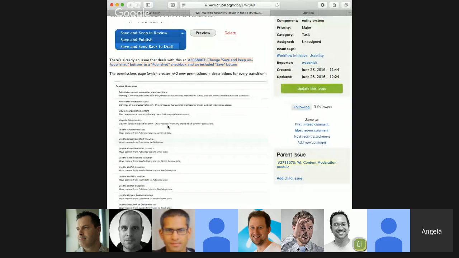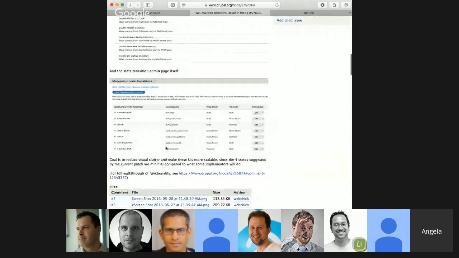So a state transition would be moving from draft to needs review, from needs review to draft, from draft to published, from published to archived. Basically, for every state you introduce, you need to define a transition from all of the other states to that state, or from that state to all the other states. So the more states you add, the more it becomes a compounding horrible matrix of death, because you're just going to keep getting more and more and more of these permissions, more and more rows in this table, and so